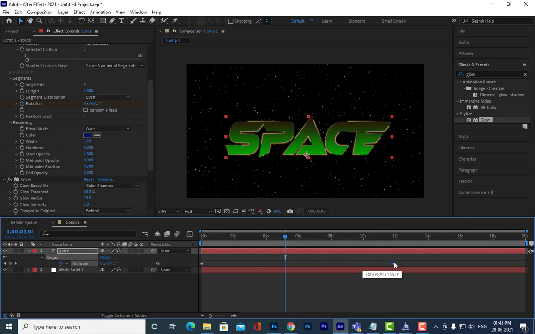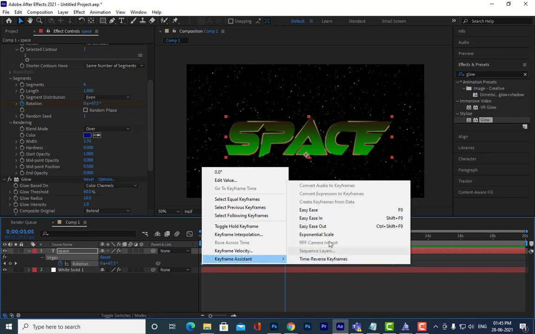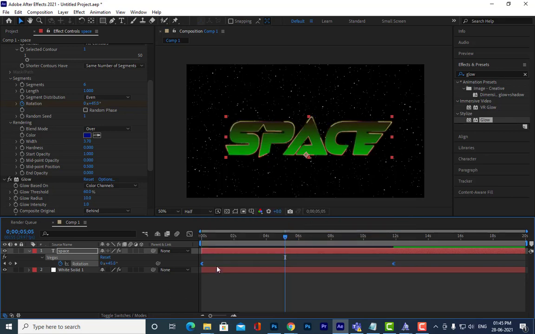You can also make it one more interesting. You can select these keyframes, right click and keyframe assistance. You can use these things also. See, ease in, ease out. So what is ease in, ease out? It means they start very fast and slow down, or they start very slowly and become fast, gradually increasing their speed. So if you want that kind of effect, you can use these things.